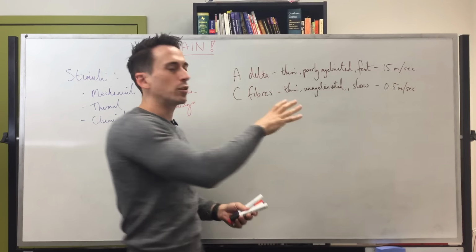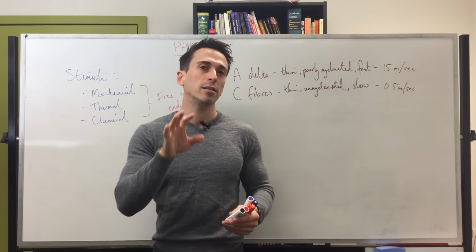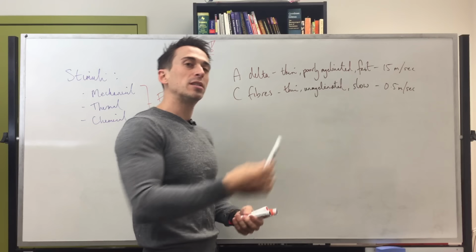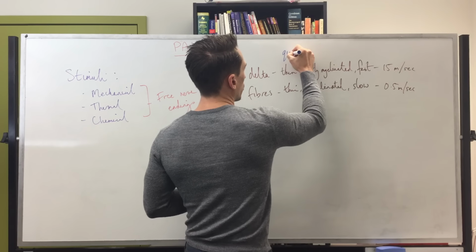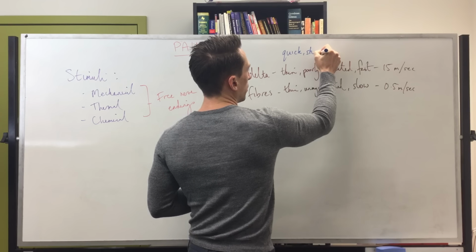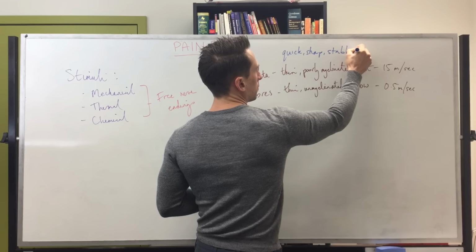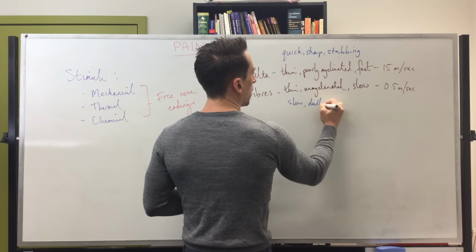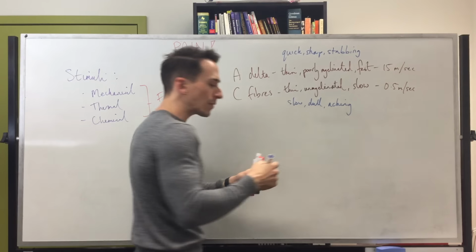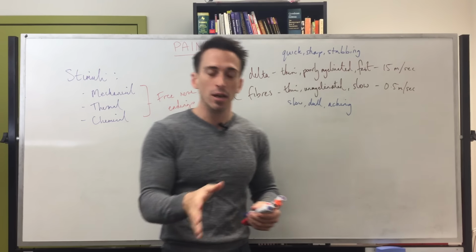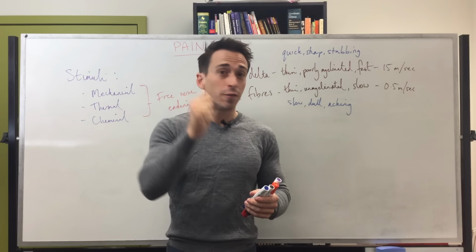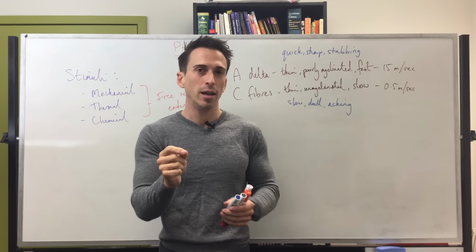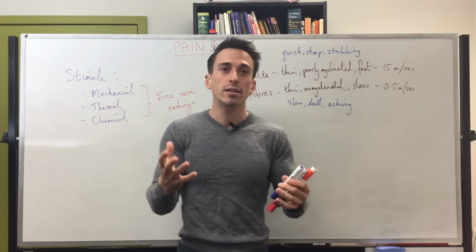Now, why do we have two different types of fibres sending pain to the brain, one that's quick, one that's slow? Well, what you'll find is that the A delta fibres send quick, sharp, stabbing pains. And the C fibres send slow, dull, aching pains. Now this makes sense when you stub your toe in the middle of the night, you'll kick something, you'll first experience the first pain, which is the fast one, it's going to get to your brain faster. You experience a sharp stabbing pain, and that tends to subside relatively quickly, and then what takes over is this